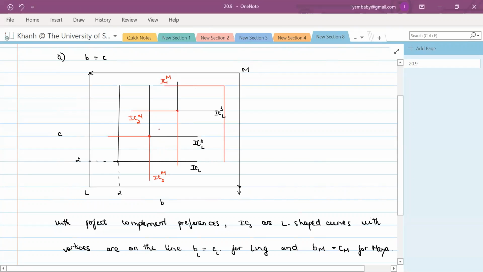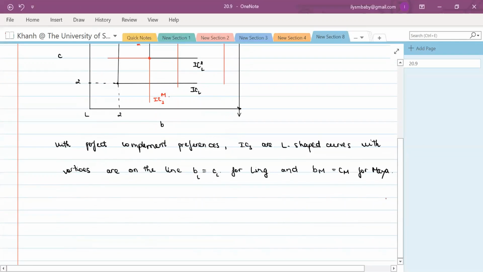So in order to show that, basically the thing you have to show is that these two vertices are staying on the same line. So the vertex point on all of the indifference curves for Maya is going to be on exactly the same line as all of the vertex points for Ling. So in order to show that,